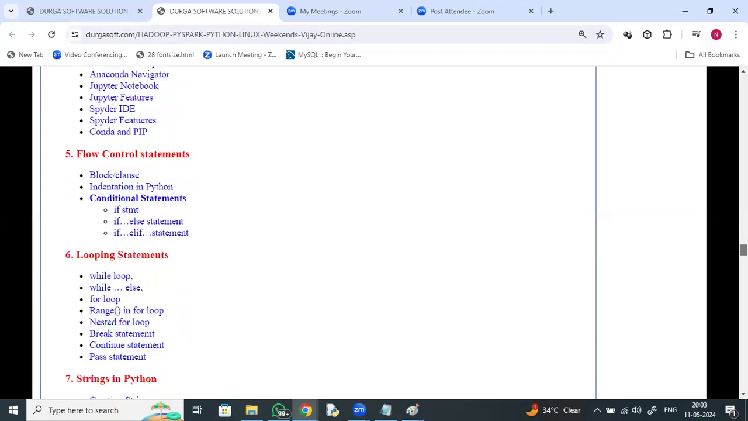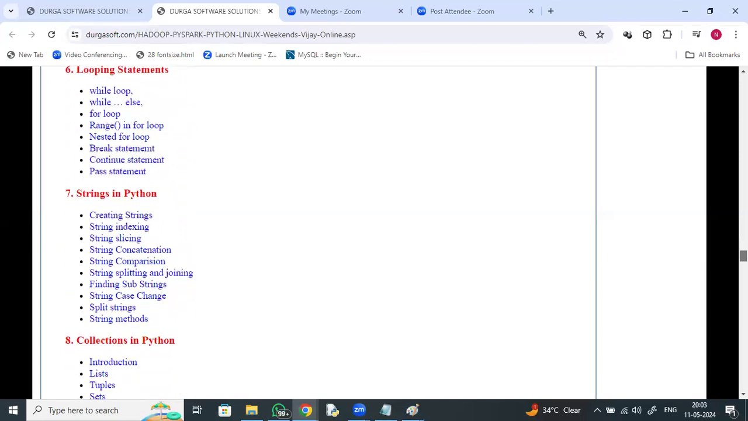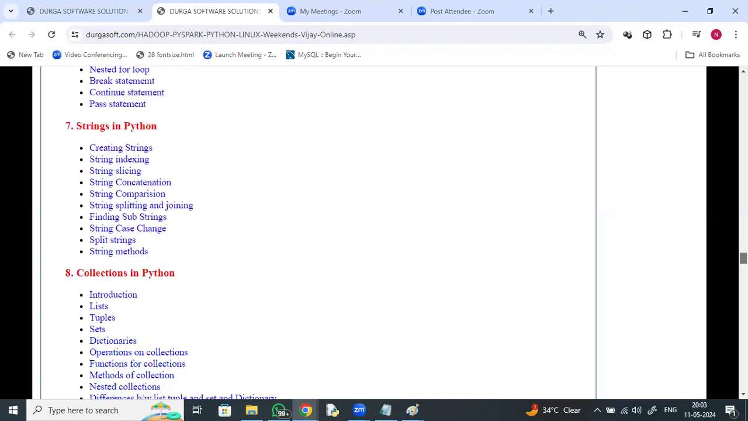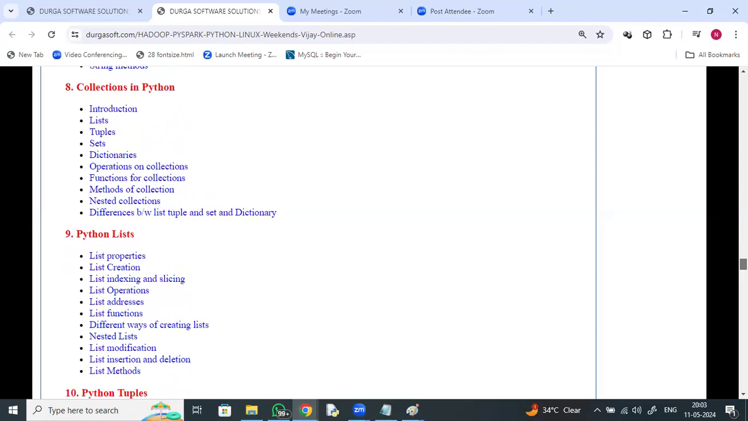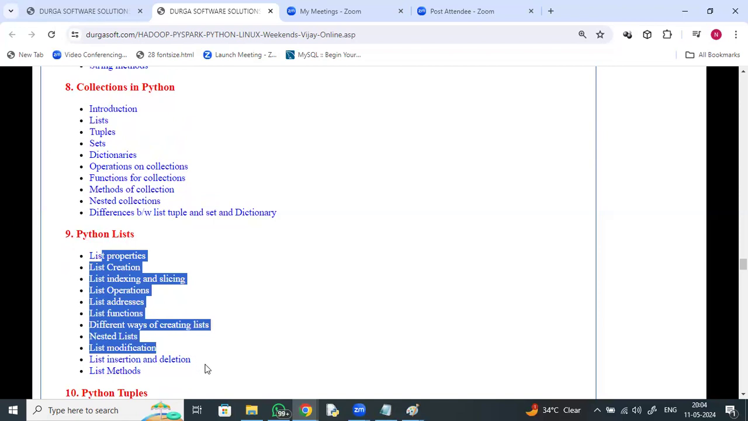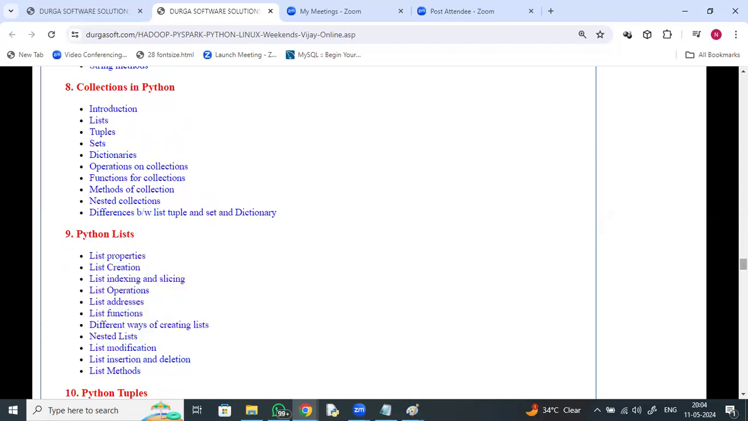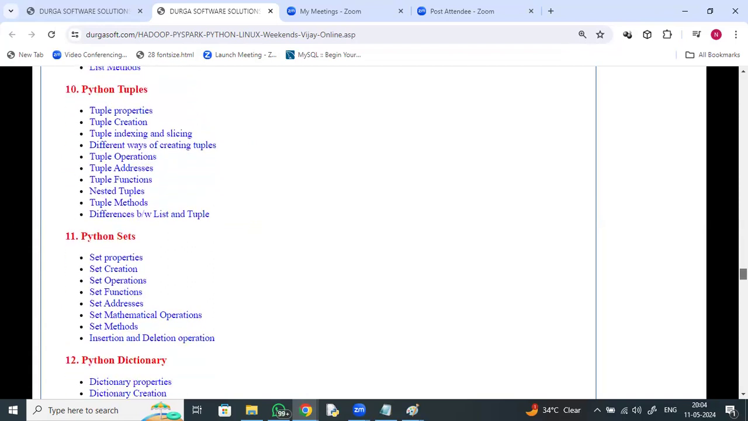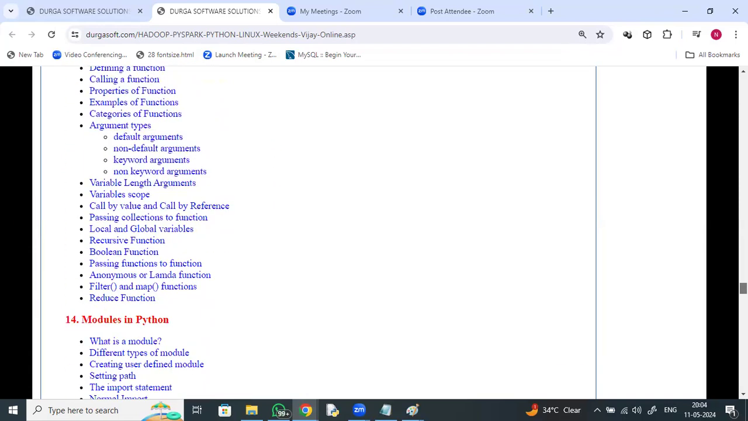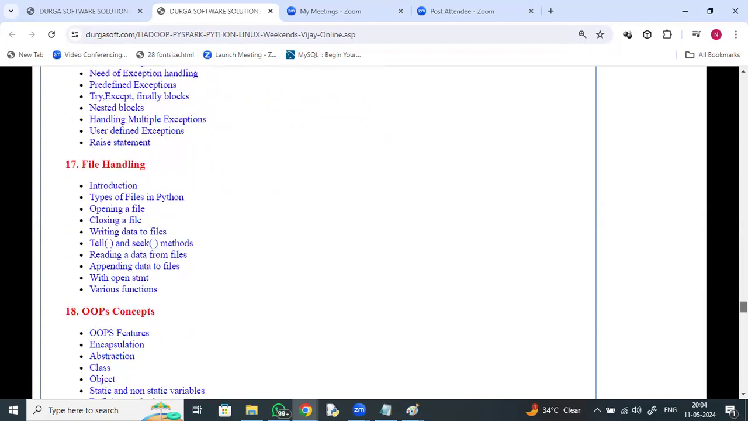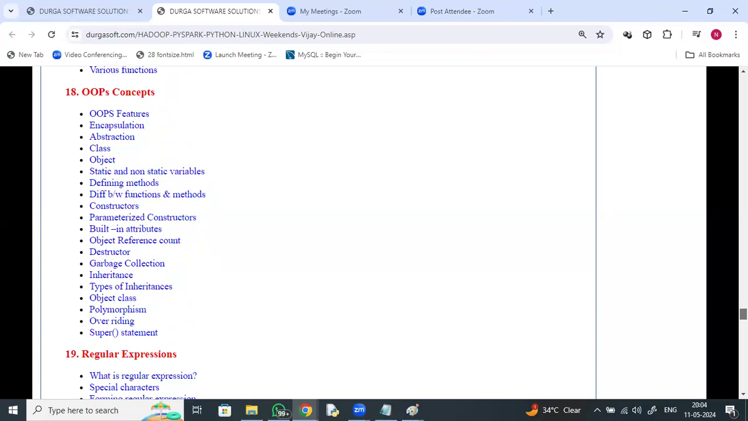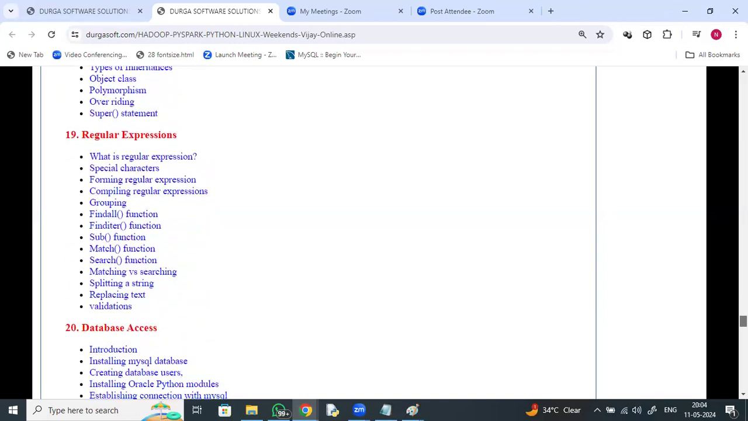Flow control statements, looping statements, strings, string indexing, string slicing, string functions, string methods, string special characters, collections, lists, tuples, sets, dictionaries, list indexing, list slicing, list functions, list methods, list addresses, nested lists, list modifications, tuples, sets, dictionaries, functions in Python, modules in Python, packages, errors and exception handling, file handling, object-oriented programming concepts in brief, regular expressions, database